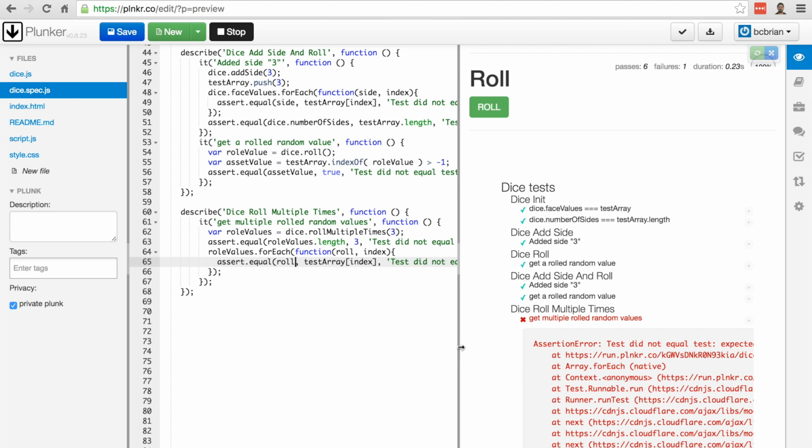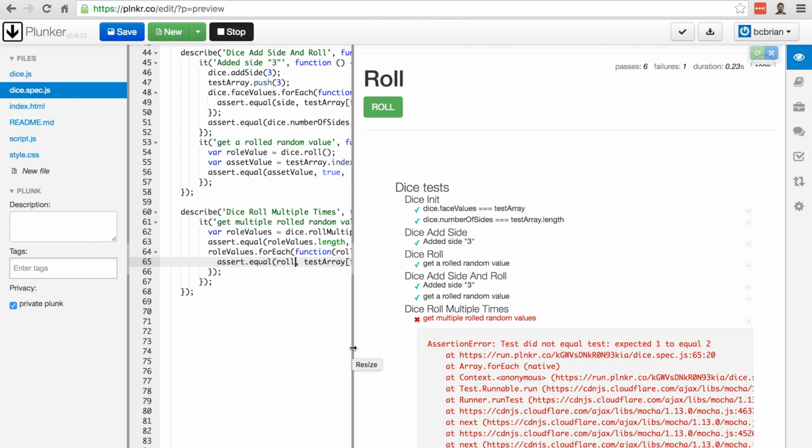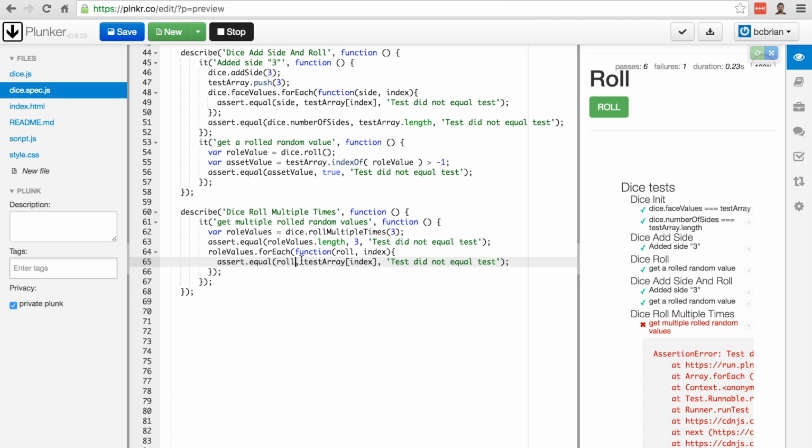Test assertion did not pass, expected 1 to equal 2. So now we're doing the roll was the exact same, and that may not be the case. So what we need to do is